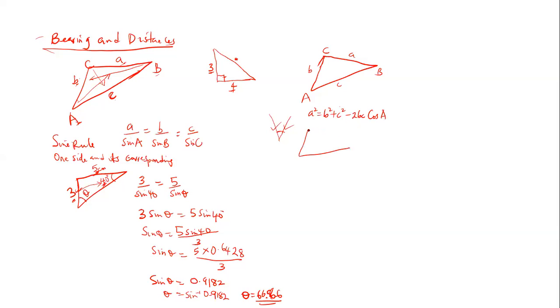So let's assume that we have been given something of this nature. Let's assume we have been given this angle as 50 degrees, and then we have also been given this side as maybe 8 centimeters, and this side as 11 centimeters, and you have been asked to find x. If you look at what you have been given,